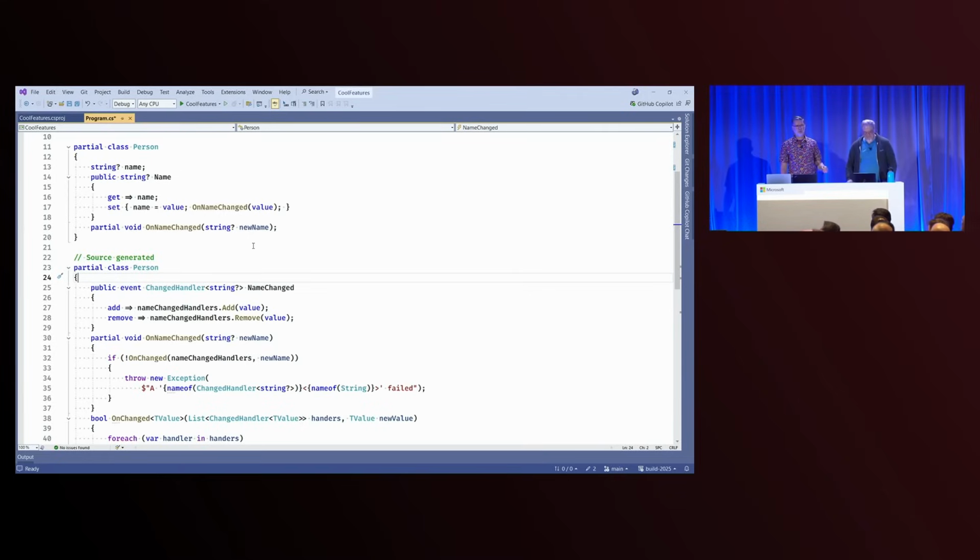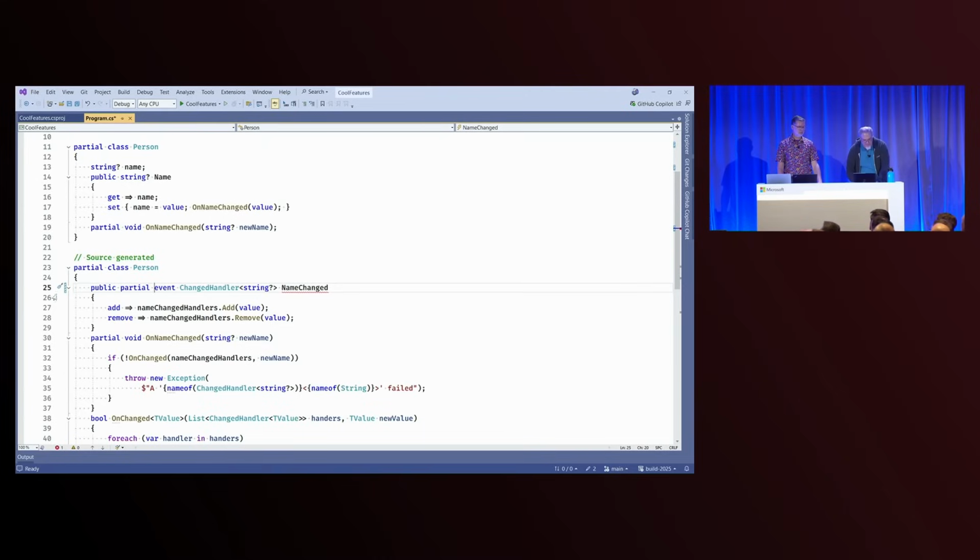So in C# 13, we added support for partial properties and partial indexers, and that's kind of how far we got. But there's an event on here, and we would really like to do the same with the event: just specify the event in the user-defined class, and then have the source generator implement your eventing, right? Maybe you just define partial events, and it goes in and says, oh, well, let me fill this in with the machinery. That would be very cool.